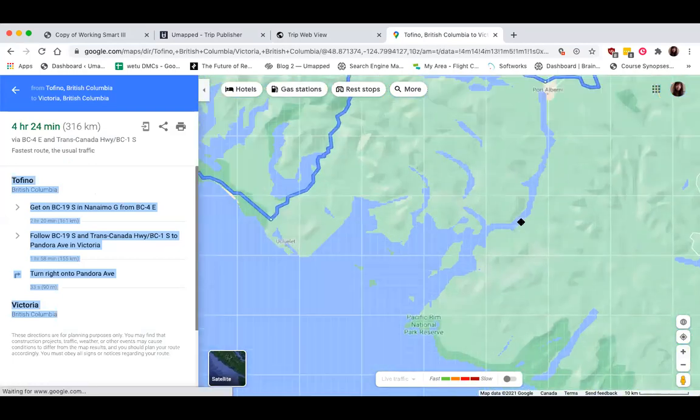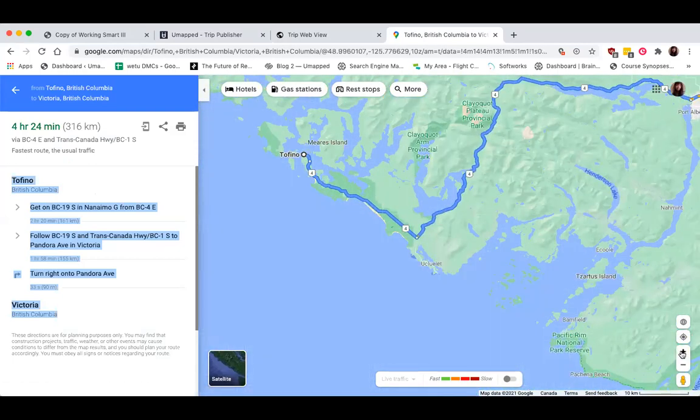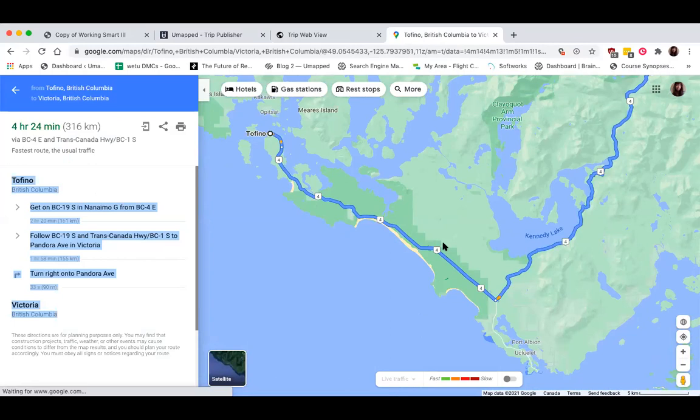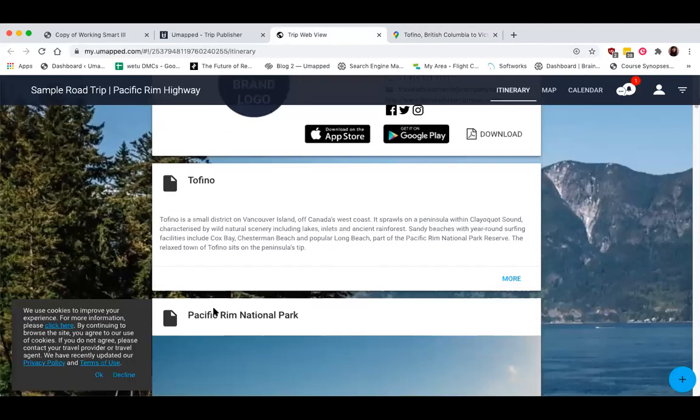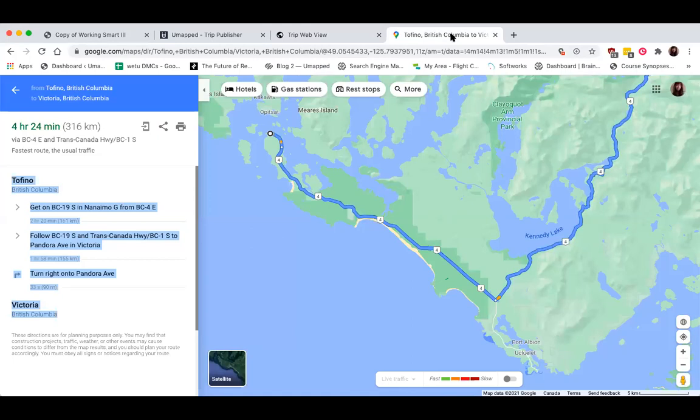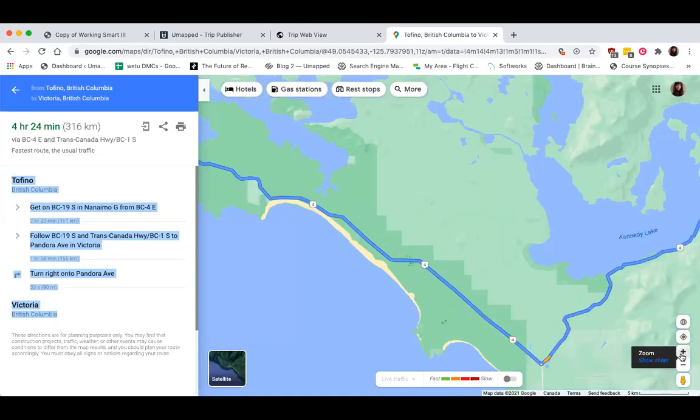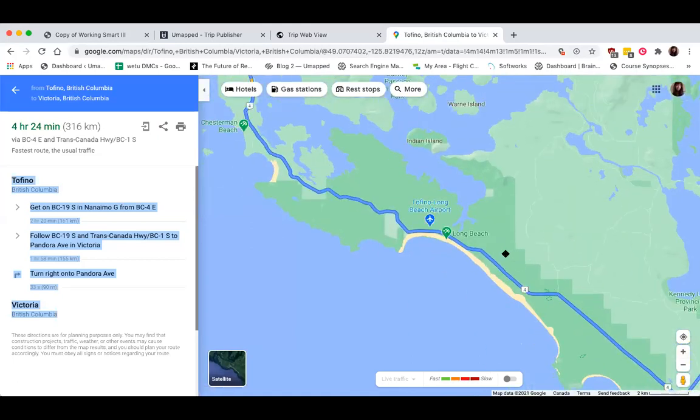Someone a little while ago actually told me that he was creating documents in his library that were just pages that contained the various portions of the drive. So he'd have one page where it was just like this point to this point over here and the directions. And then he added the whole document to his trip so that, rather than being embedded in the main body of the itinerary, it was up in the documents section at the top. So that's always an option as well. There's a lot of people that are doing super creative things.